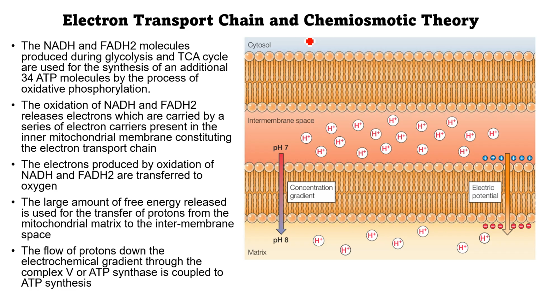In glycolysis and in the citric acid cycle, the reducing substances NADH and FADH2 are produced. When NADH and FADH2 are oxidized, the protons released are pumped into the intermembrane space, and as a result,